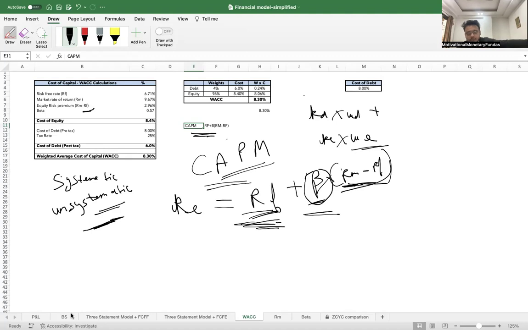How to get this number? Simply type on Google the risk-free rate on a 5-year treasury bond. Or the second way is what? The second way is